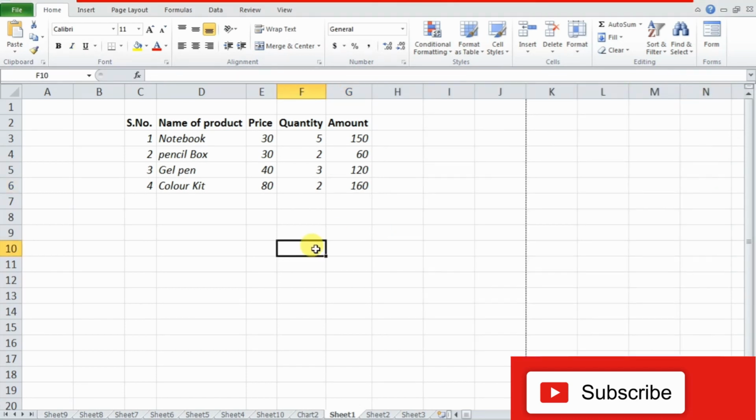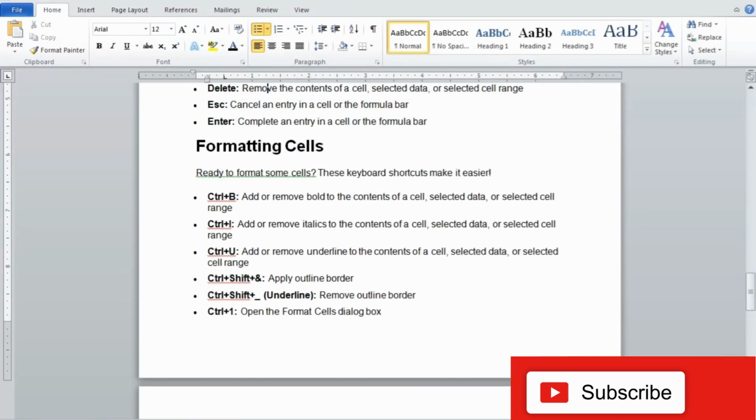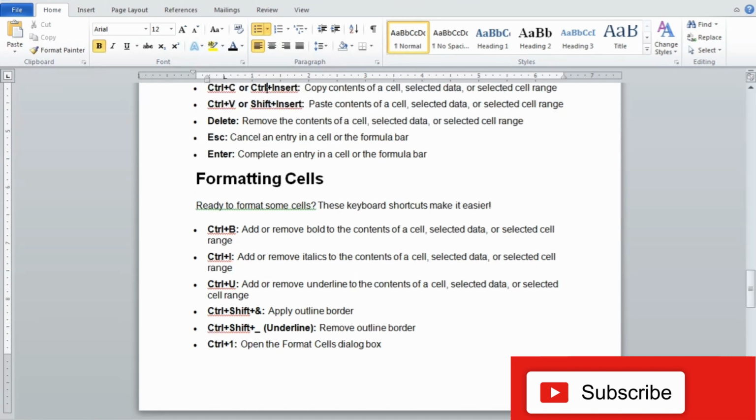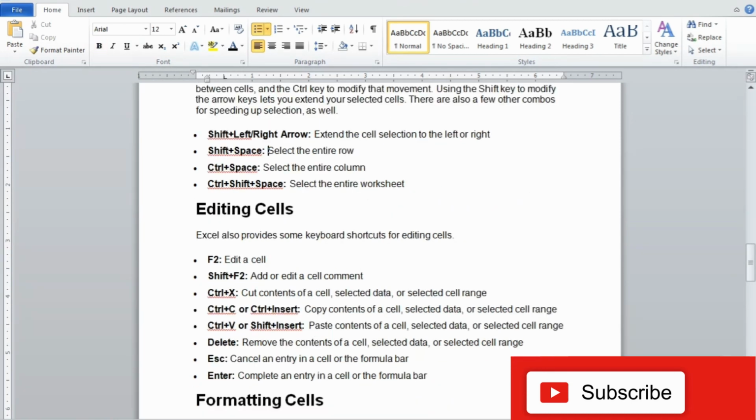I know there are so many shortcuts and they are not so easy to remember, but when we bring them into our practice, like control B, I, U, these are very common things. In the same manner, F2, control X, control C, control V, delete, escape, enter, these are very simple things. Shift plus space and control plus space for selecting rows and columns, right?